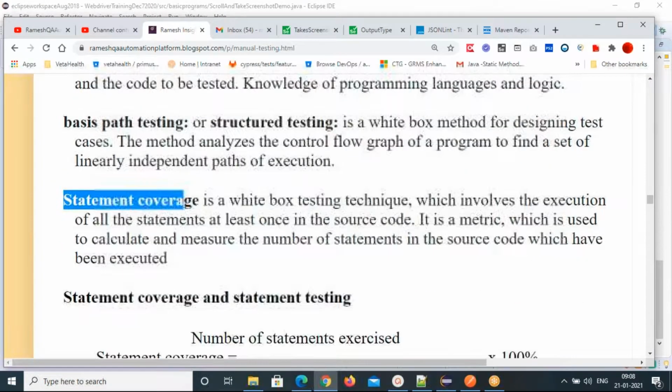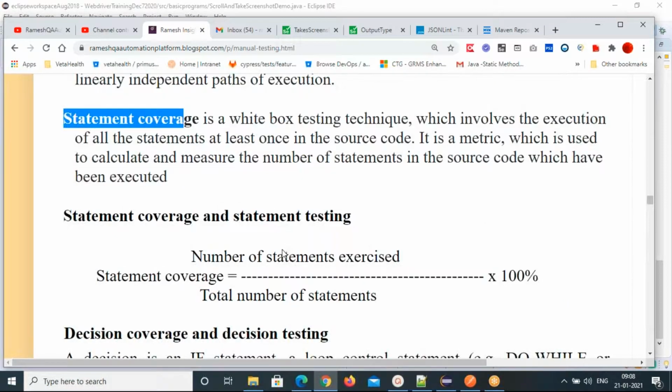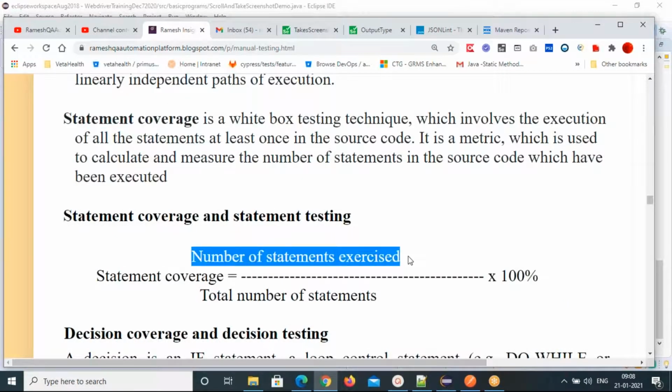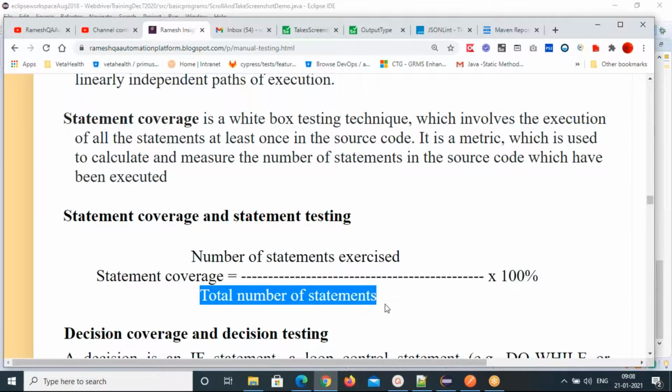Statement coverage means, how can you get it? It is the total number of statements executed divided by the total number of statements in the program, multiplied by 100. How many statements do you have, and of those, how many are executed?